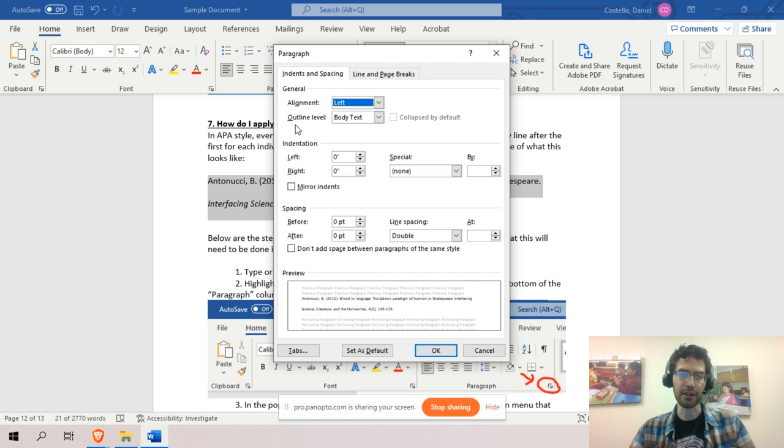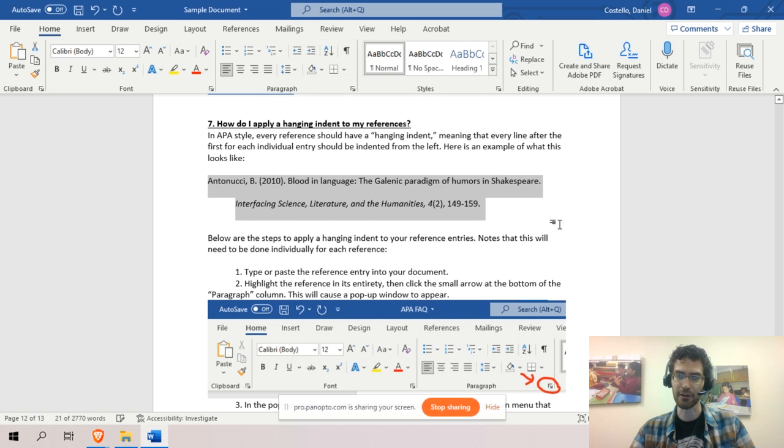And then what you'll do is under Indentation, you'll see that there's this category called Special, and by default, it's at None. You're going to want to click this drop-down menu and switch it from None to Hanging. And then you can see in this preview screen that the second line moved over a little bit. So once you've selected Hanging, you'll click OK. And now you'll see that a hanging indent has been created where the second line is indented a half inch